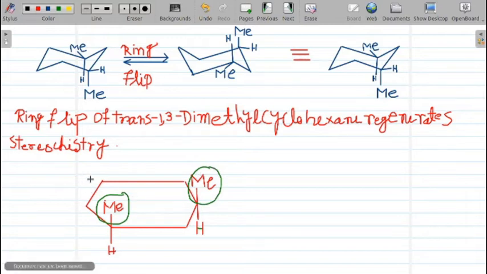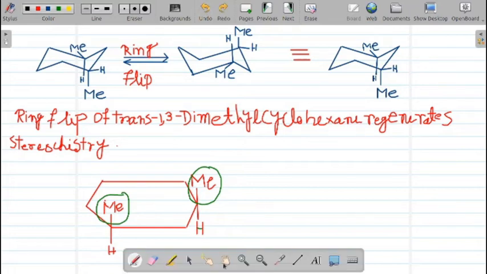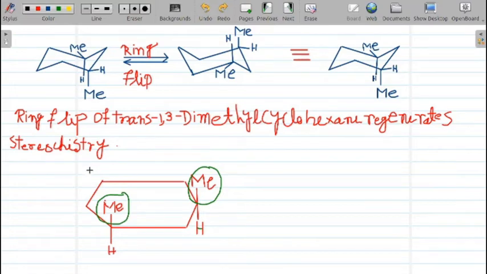If we consider one plane that is present at this position, like I will show, if we consider this type of plane at this position,